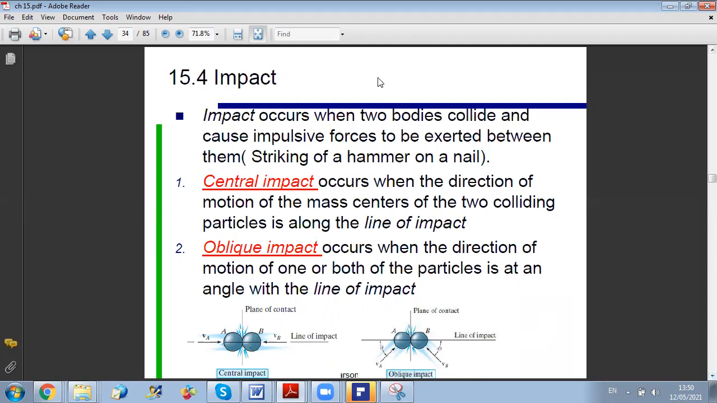For example, if you take any two balls, let's say you give A a certain velocity, you give B a certain velocity, okay? You should have that these velocities should be along the line of impact. What is the line of impact? The line of impact is the line joining the centers of the two particles. So you have the two centers, you can join them. Okay, this is if you want